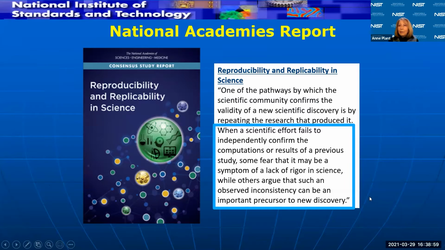And we were pleased with the outcome, because one of the things that this report points out is that while irreproducibility, the inability to independently confirm a computational result, may indicate a lack of rigor, it's also possible that these inconsistencies are actually important components of the science, that they give us more information.